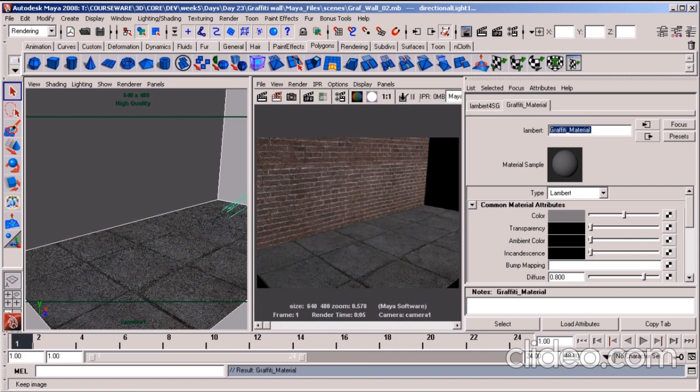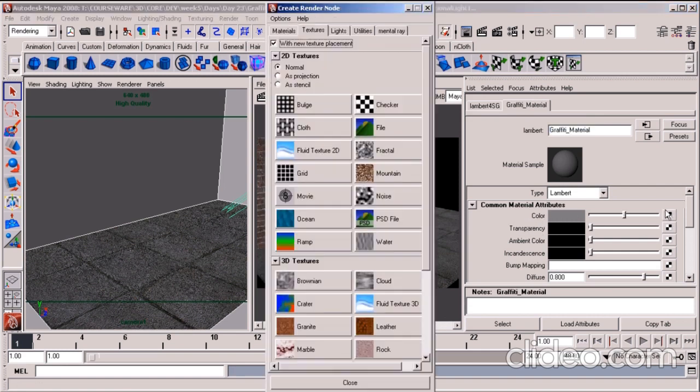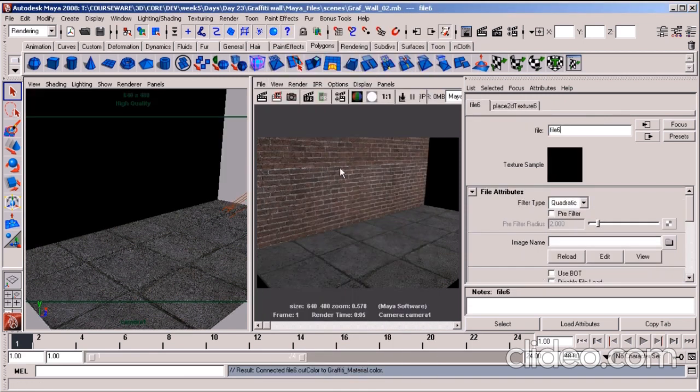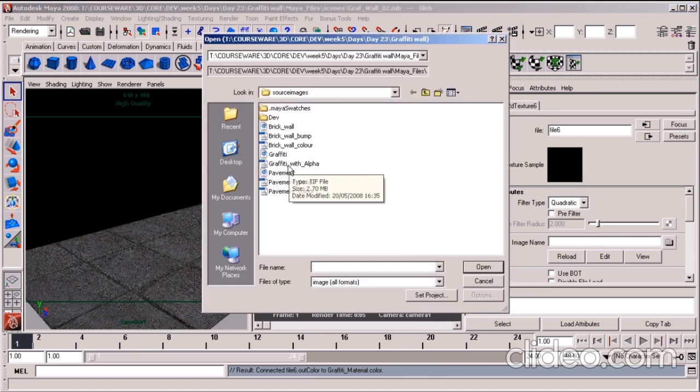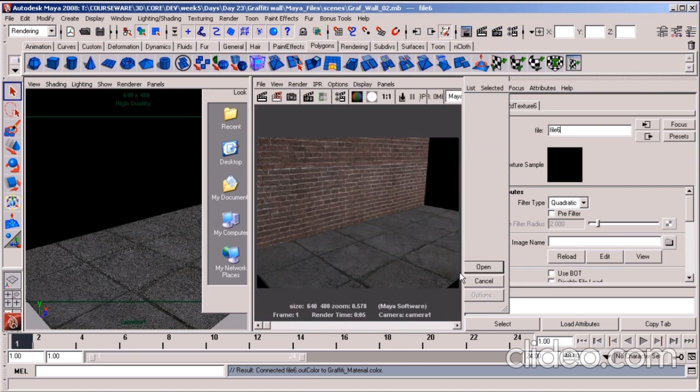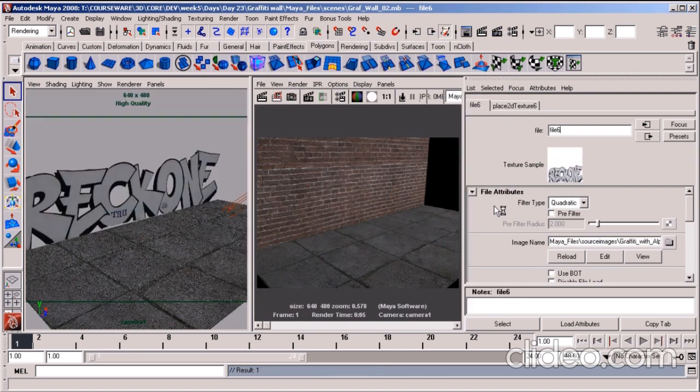Hit return. And I'm going to map the graffiti texture we created to the color attribute by clicking on the flag and selecting 2D file node from our create render node window. And I'm going to navigate to the graffiti in our source images, graffiti with alpha, and hit open. What we can immediately see is the graffiti on our wall here, and also the transparency is taking effect as